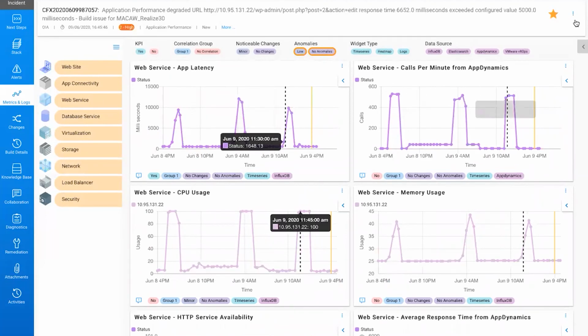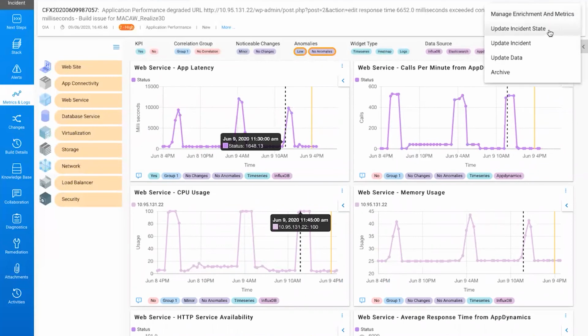It has the flexibility, and it also has an ability to update the data. For example, let's say the incident happened about half an hour back, and somebody wants to see, okay, is this situation still relevant? What if you don't have this capability? People will log into the monitoring tool separately or log into the machine directly and check things. Rather, here you should be able to update the data, which means it goes and automatically fetches the current data, and it will populate the current situation. So you will see things after this incident also. So here are all the metrics available.